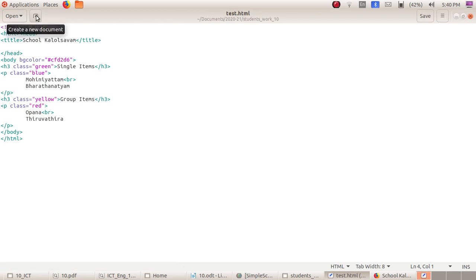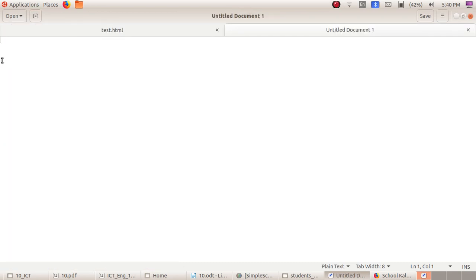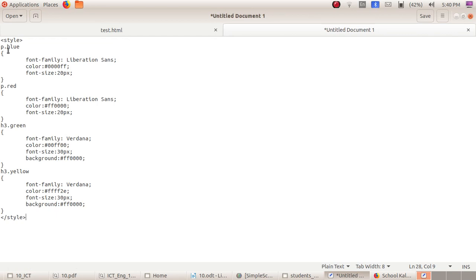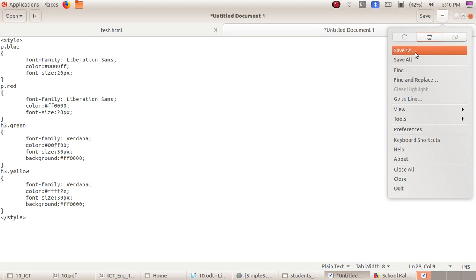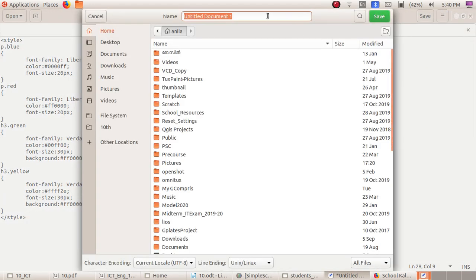Now creating a new document and just pasting that, only this style portion: style opening tag, then the styles, then closing style tag. Now I am saving this by giving the name test_new.html.